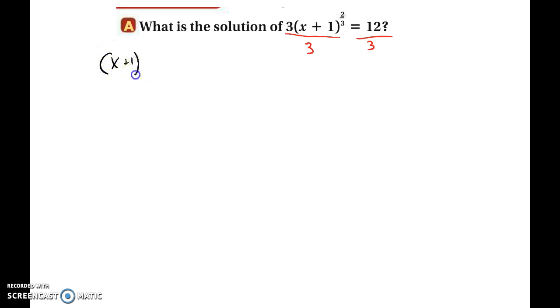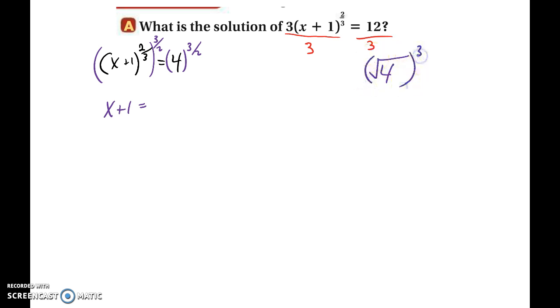So then we would get x plus 1 raised to the 2/3 power is then equal to 4. All right. And then we are going to still raise it to the reciprocal power, so it's raised to 3/2. So x plus 1 is then equal to, this is where I made a mistake in the last video. So 4 raised to the 3/2 power, we are taking the square root and then raising it to the 3rd